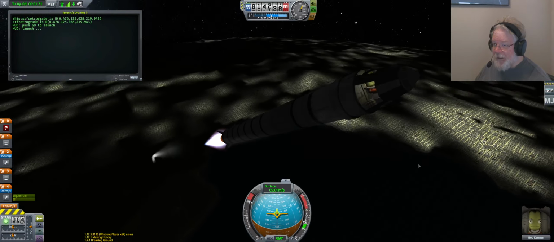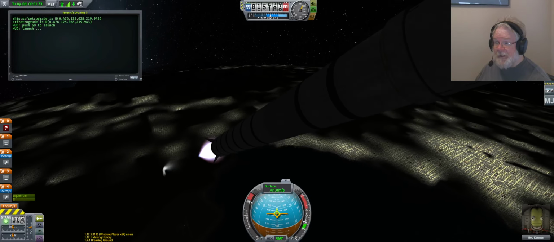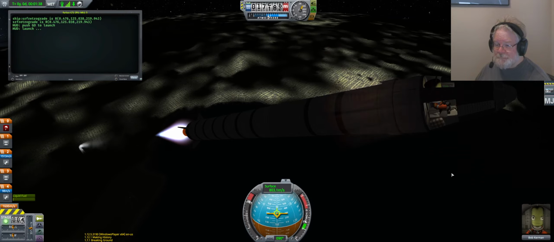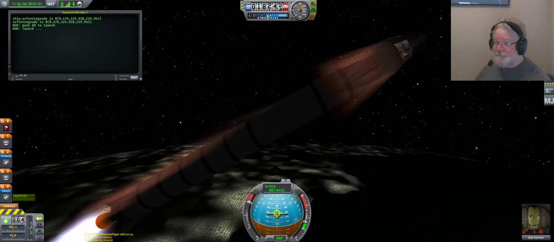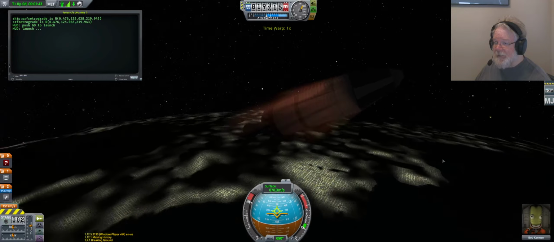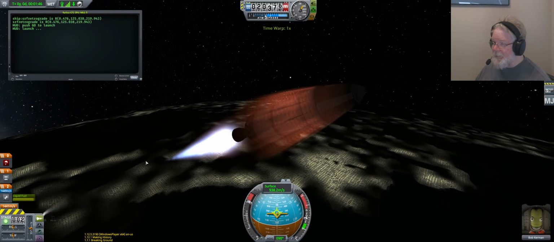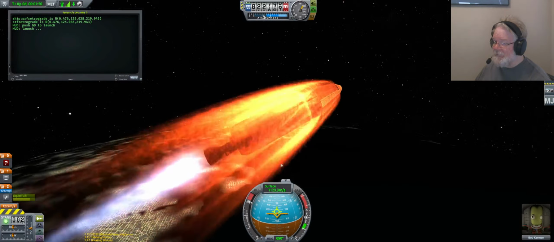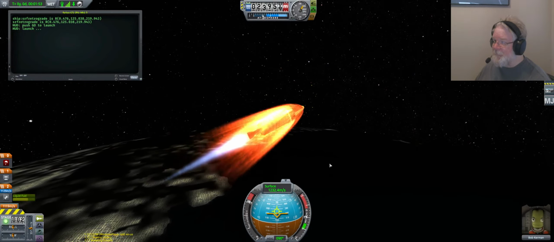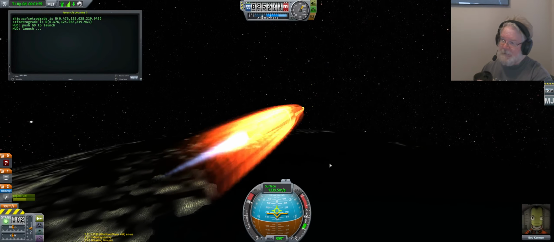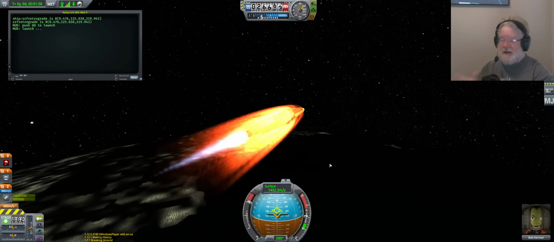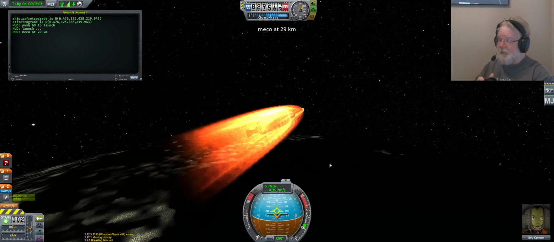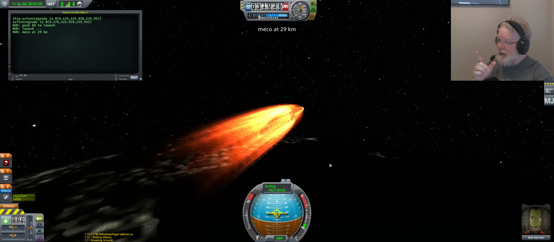So interior overlay allows us to see through to the interior a bit. Bob's having a good time. Okay, so the first stage is done. Now, this isn't breaking the sound barrier. The speed of sound on Kerbal is, if I remember right, about 430 meters per second, although at altitude,